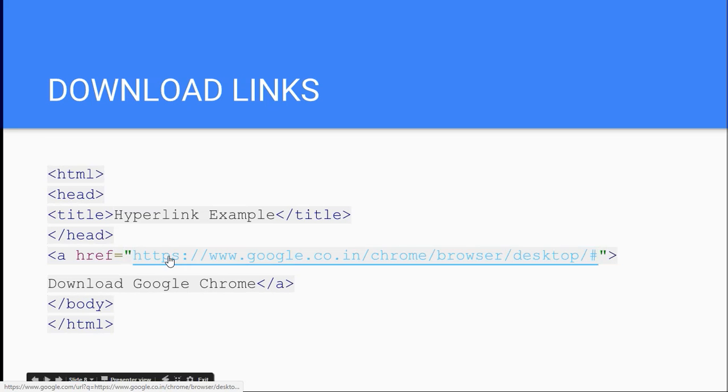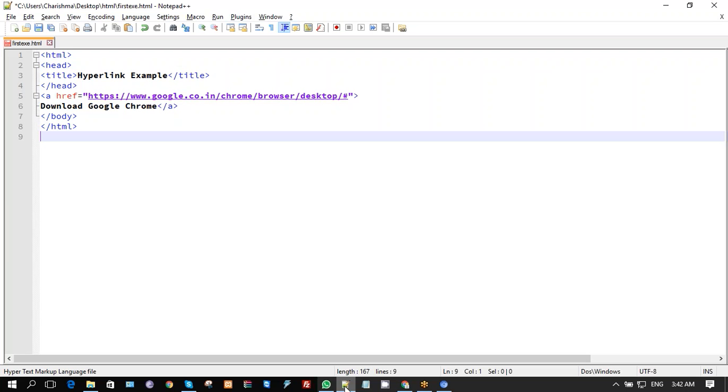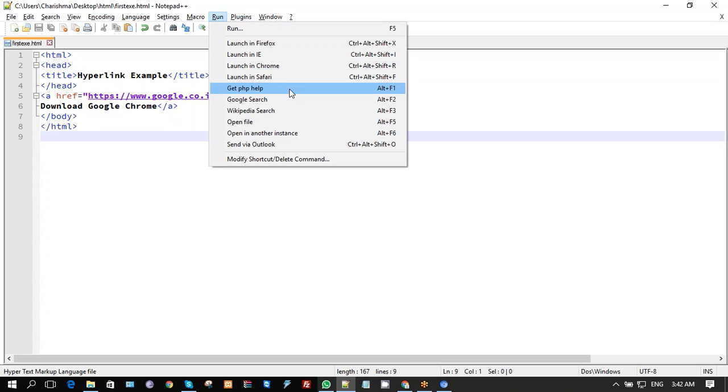Here in this example, I gave a URL where I can download the Google Chrome web browser. So let us try to execute this program. In this code, I gave an anchor tag and the href is a direct downloadable link of the web browser, and I mentioned simply Download Google Chrome. I'm saving this and let us run